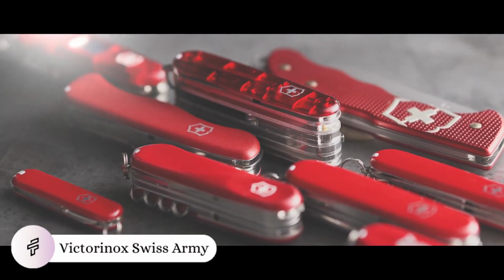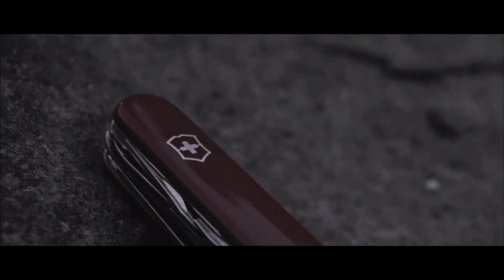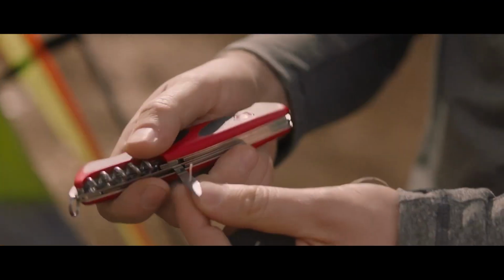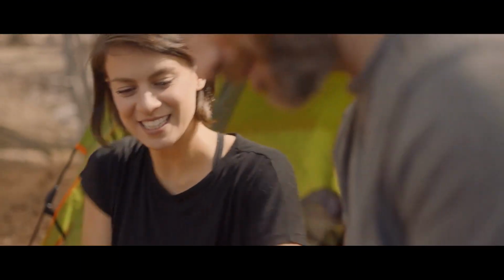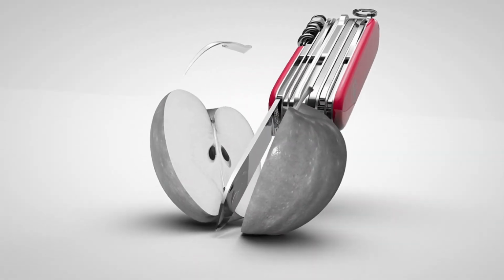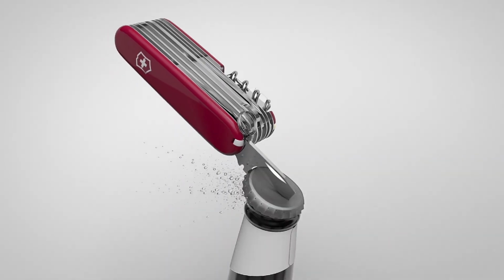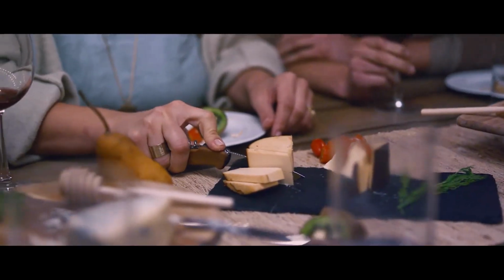Precision meets versatility with the iconic Victorinox Swiss Army knife, the ultimate multi-tool for adventurers, professionals, and everyday problem solvers. Crafted with Swiss engineering excellence, this compact marvel combines multiple tools into a single, portable device. From razor-sharp blades and screwdrivers to can openers and scissors, each knife offers unparalleled functionality for outdoor enthusiasts, emergency preparedness,